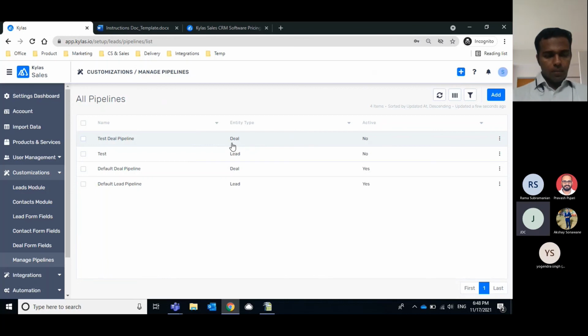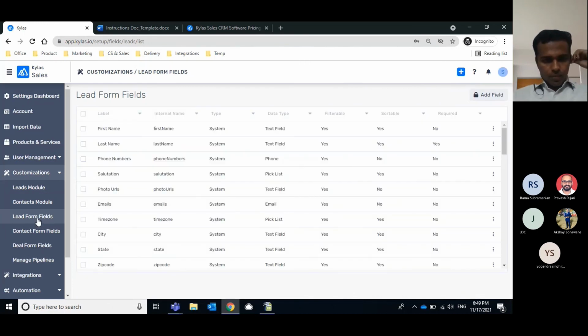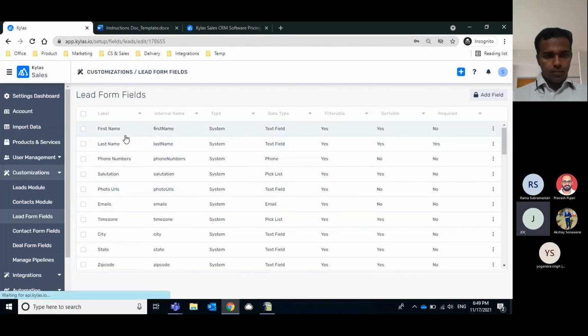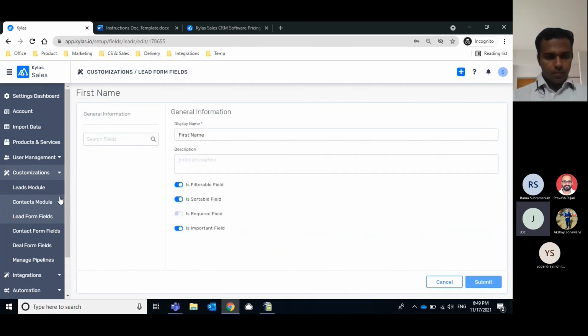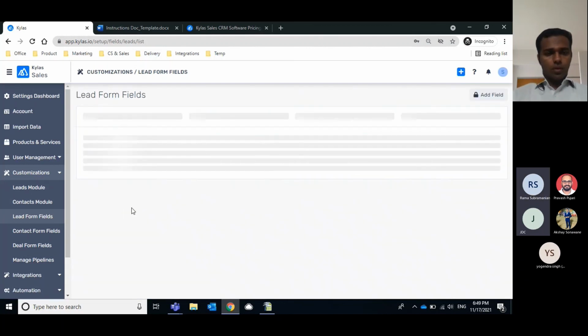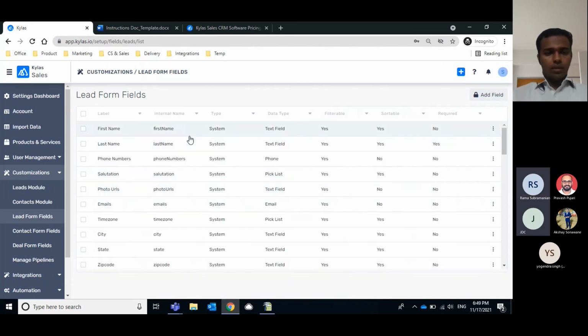Because I'll just explain it in a better way. Can you please go to these lead form fields? Yeah, I can go to. So here it is mentioned that first name is a text field. Yeah. So I know that it is a text field, but I do not know that I have to enter only 255 characters over here. There are multiple fields here. So how would I know, when I'm entering in your import file, which is a standard file, that the data which I am entering in a particular field is in the correct format?